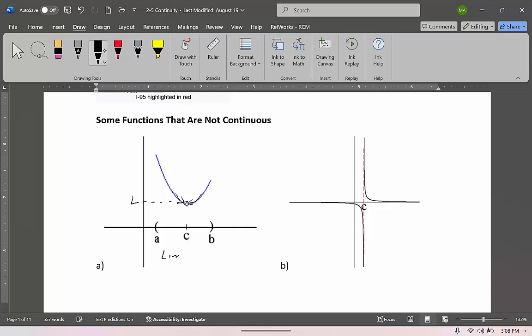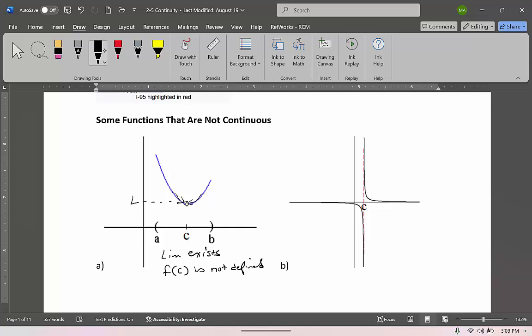So the limit exists. However, the function is not defined. Okay? So that is one thing that destroys continuity, a function not being